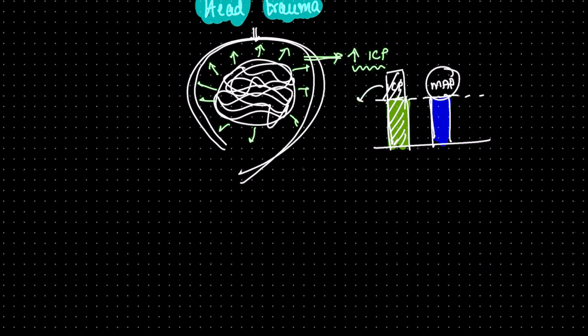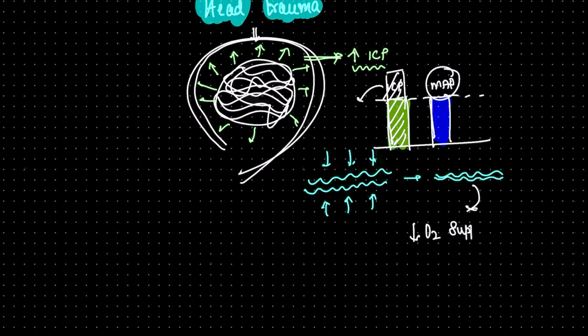Because of this rise in intracranial pressure, you can imagine there would be blood vessels in the brain and in the cranium. So these blood vessels get compressed because of intracranial tension. Now if they get compressed, what would be the end result? That is simple. There would be decreased oxygen supply to the brain. Now this is something the brain doesn't want, because the brain has to function a lot, and for that a lot of functioning it needs a lot of oxygen, and this compromise would not suffice for it.